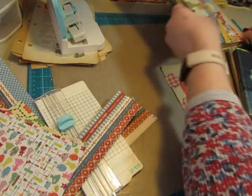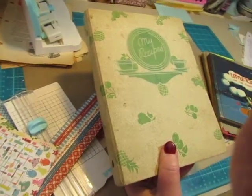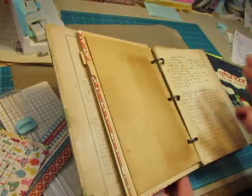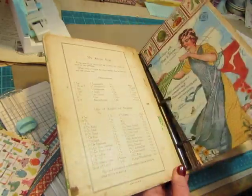I am going to start on a new journal using this recipe binder. It's very old. It does not have a date on any of the pages. It did not have any printed recipes in it. It was just a binder with divider cards